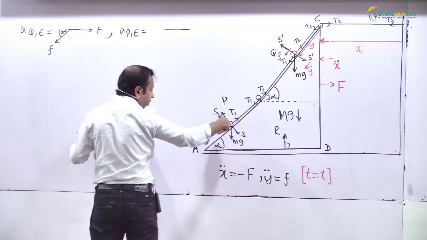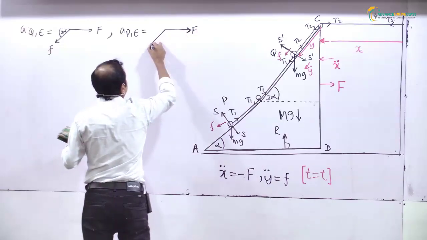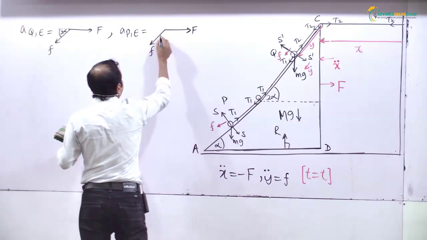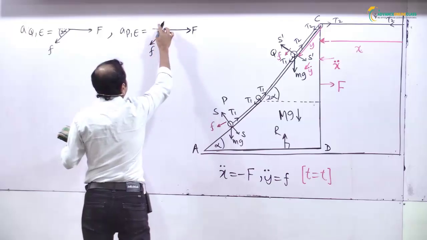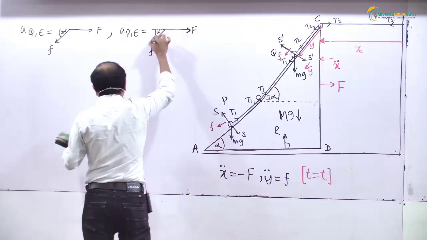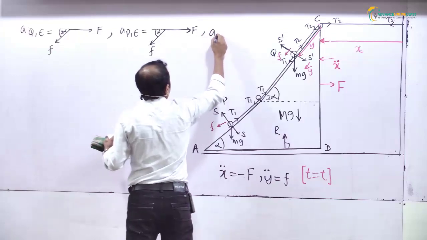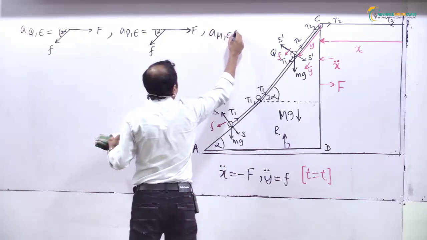This way, F, making alpha. Okay, the expression of capital M related to earth is